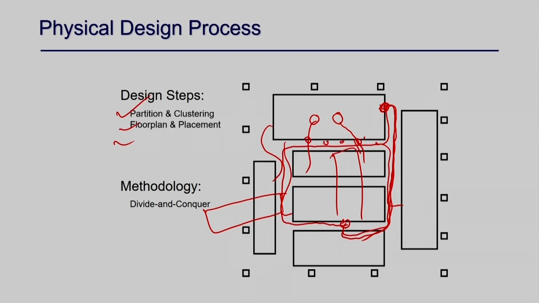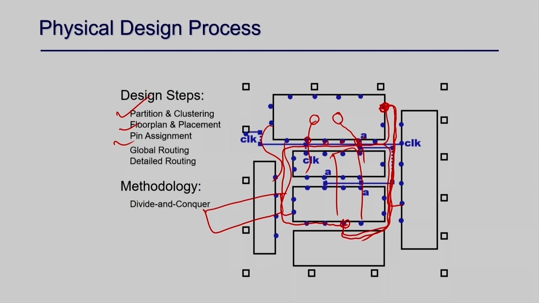Then once the global routing is done, you have to make the detailed routing. What is that? Detailed routing is this: once you have decided that four wires will go through this portion of the design, you have to decide which track each will use. There may be some tracks. So this wire will go on this track, and the second wire on the second track. There may be some track which can be shared by two components. We will discuss those details. This is called detailed routing.